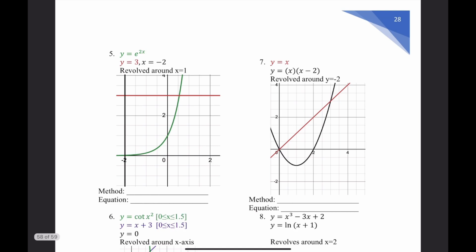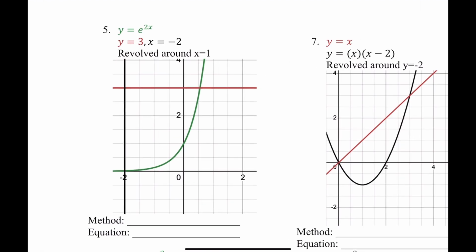Number 5, we have y equals e to the 2x, y equals 3, and x equals -2. The area bounded by these curves would be this part. Then you're revolving around the line y equals 1, x equals 1, so that would be right here. Right, and then you would be getting something like